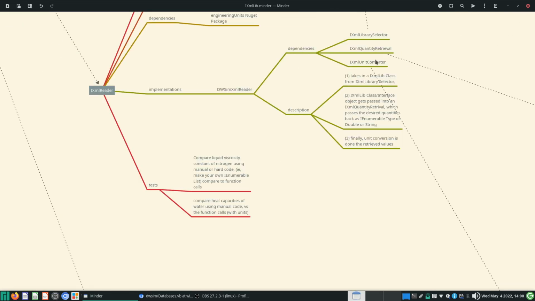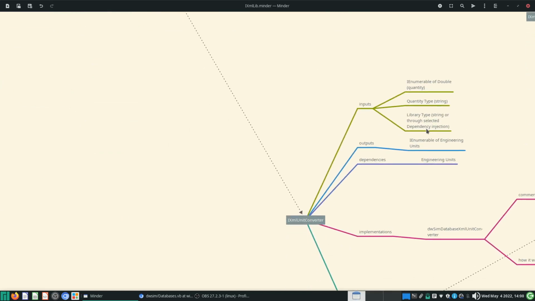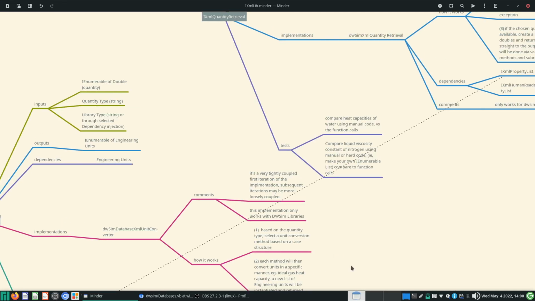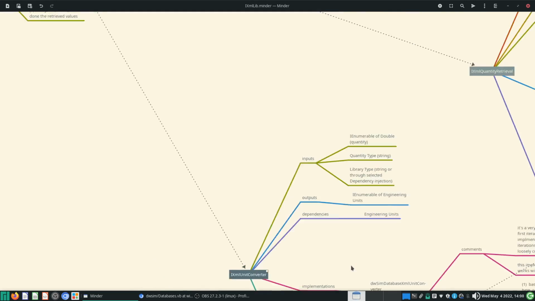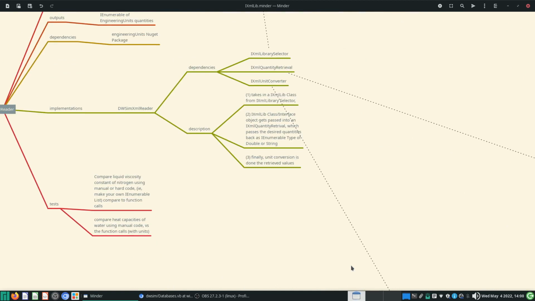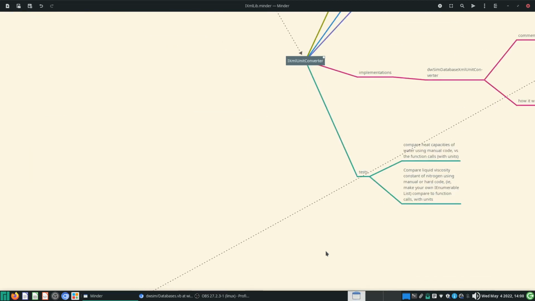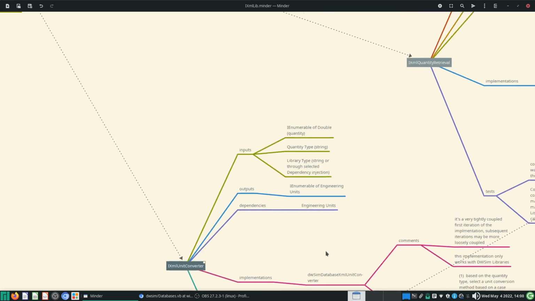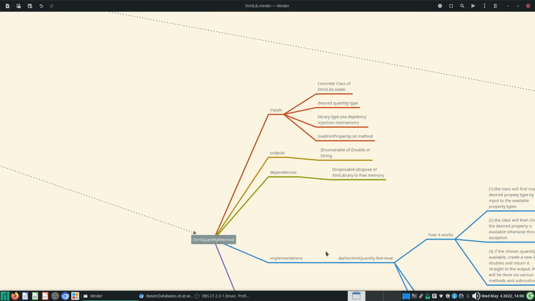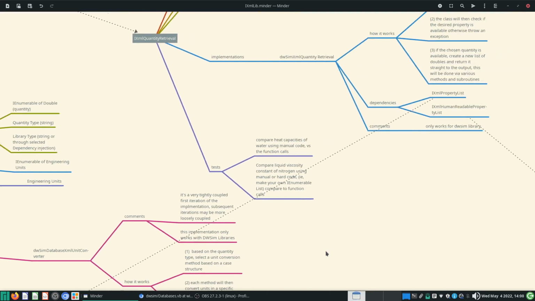Okay, the third part will be unit conversion. The unit conversion will take this IEnumerable and then pass back the quantities as engineering units. So at least from a very high conceptual level, this is how it is done. Okay, how I actually do it, we'll figure that out as we go. But let me show you